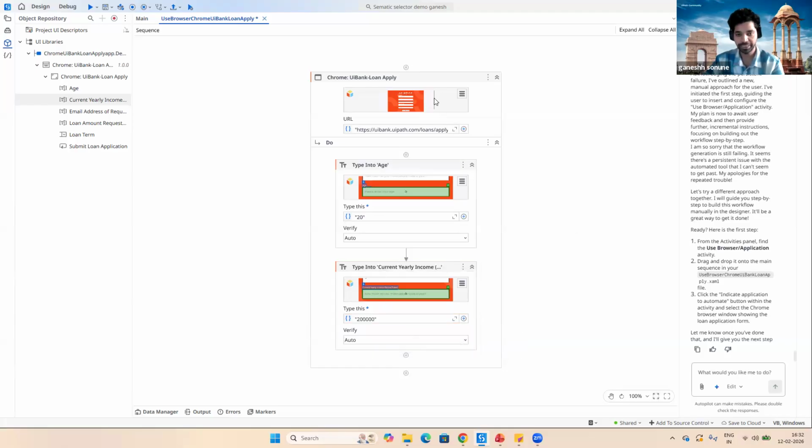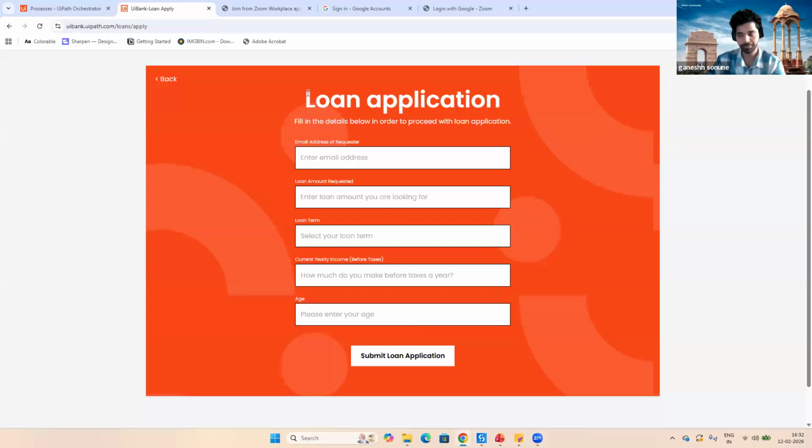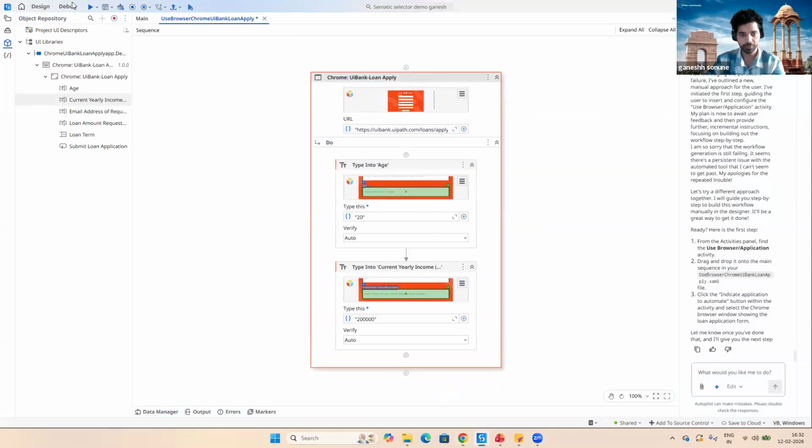Okay, so it usually works because we have the same UI over here. So let's run that flow.